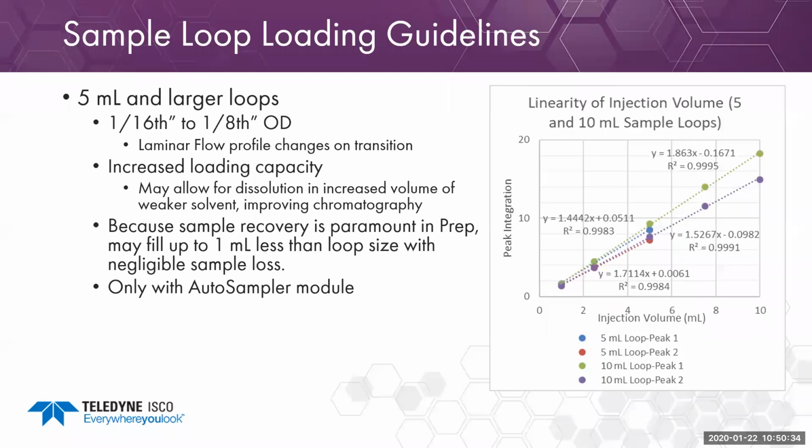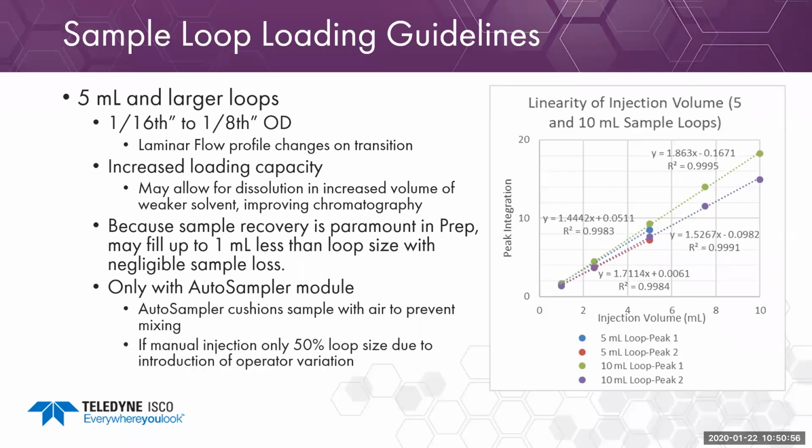If I have a 10 milliliter loop, I can work up to 9 milliliters. If I have a 20 milliliter loop, I can work up to 19 milliliters of injection volume and see no sample loss out the back end. And this is part of the autoinjector and autosampler, as the autosampler helps incorporate that air bubble to help prevent that laminar flow profile additionally. So if you're in manual injection, though, we don't suggest loading more than 50% of the loop size because of